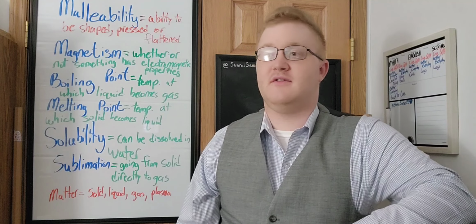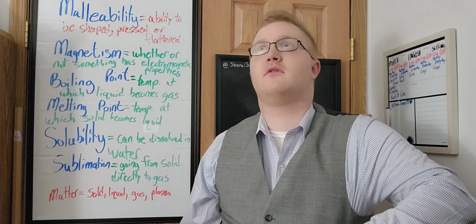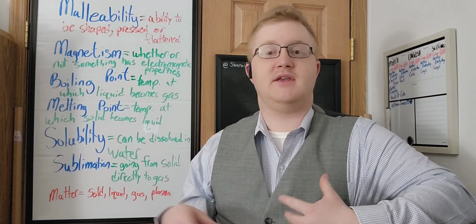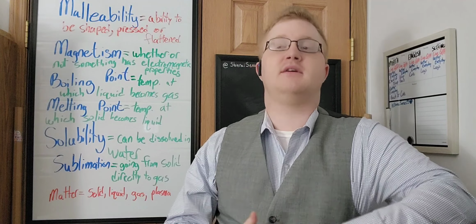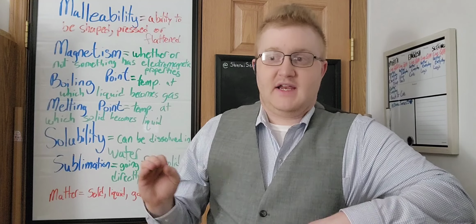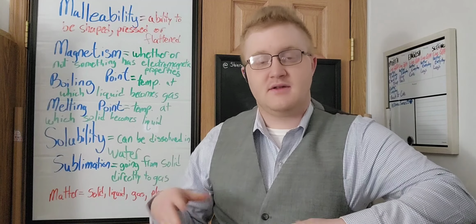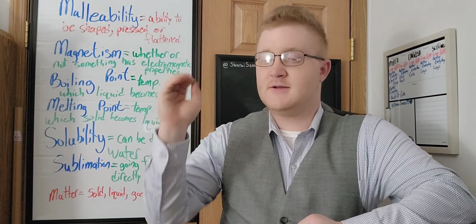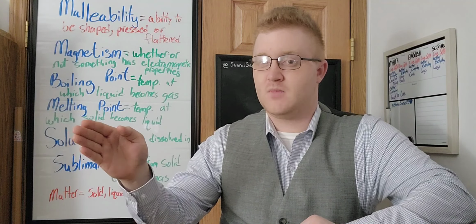Now, solubility is more for chemicals, and not atoms or specific elements, but more for mixtures of elements that we see every day. And solubility is whether or not they can dissolve in water, right? So almost any salt, which by the way is the combination of an alkali, I think it's alkali metal and halogen, which is where chlorine, fluorine, and stuff like that come from. And alkali metal is where sodium comes from on the periodic table, right? So any combination of those two,